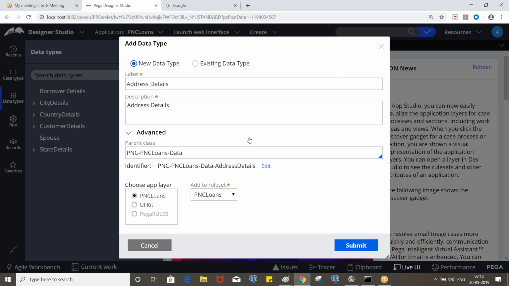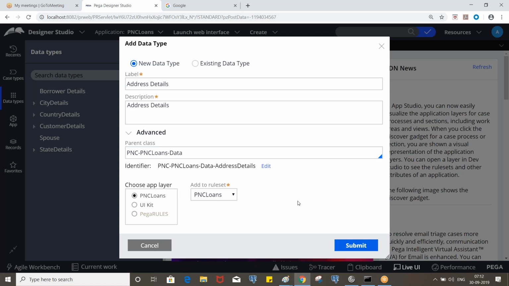Okay. So if we create address line 1, we cannot use it for both current address and permanent address. So you need to create 12 properties. If we create a data class with the 6 properties, whatever we have, address line 1 and address line 2, etc., then we can create the page properties, and we can refer to these properties through that page. That's what we are doing now.